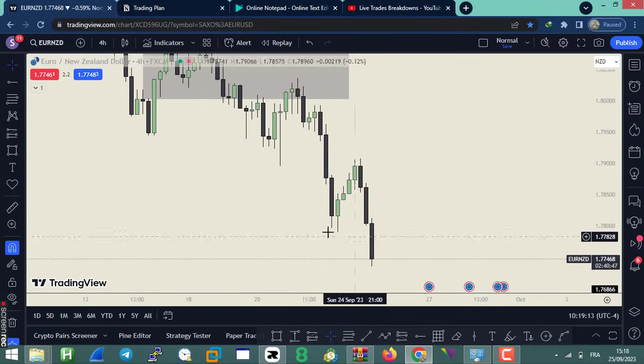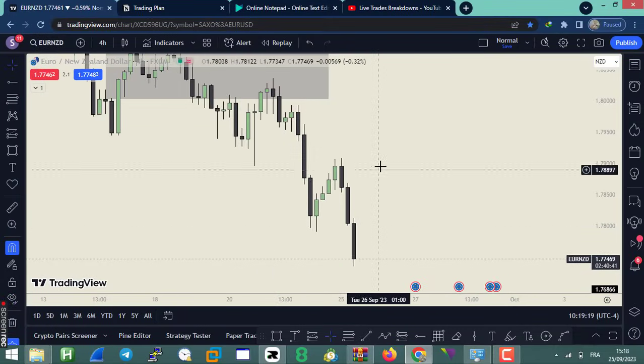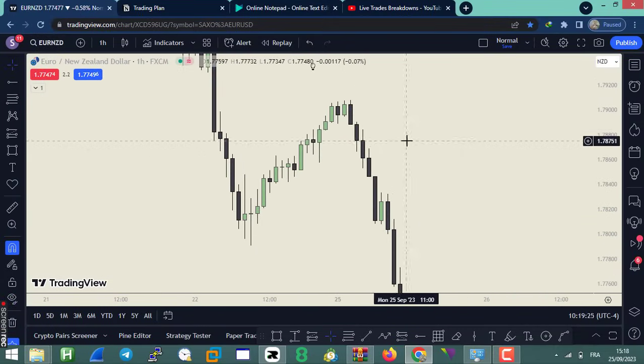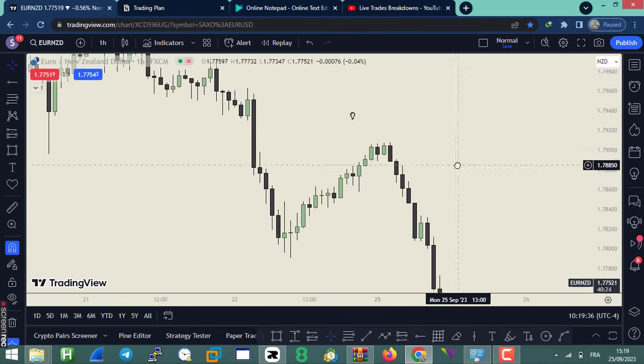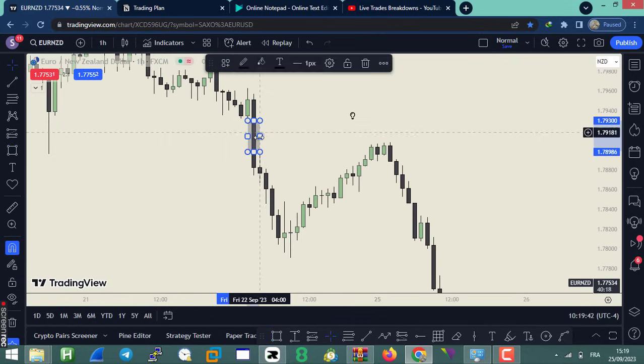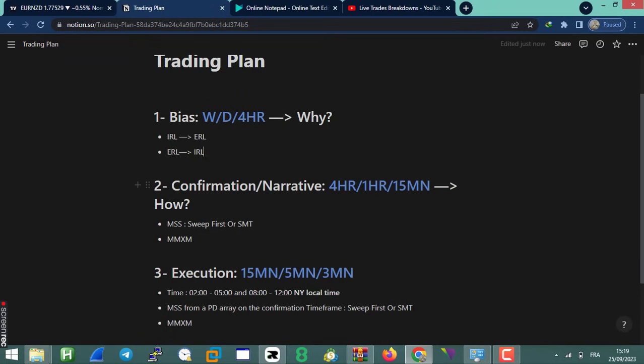So I'm going to show you exactly how to apply this strategy in live trading conditions with a live trading example. I'm going to show you how I selected the currency pair and the factors that led me to enter the trade. So if you are interested in that, then stick around until the end